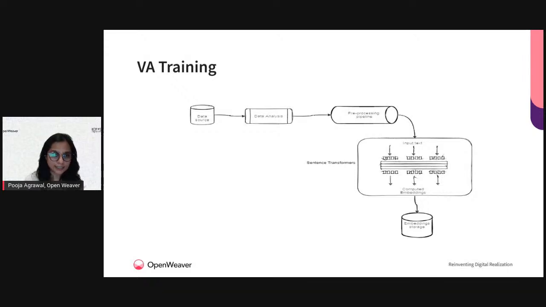We as humans understand English. However, machines don't understand high-level language. They can only understand the lower-level language, which is your zeros and ones, your mathematical form. So your sentence transformer will first convert all the cleaned input text into embeddings. These are mathematical embeddings, mathematical codes in the form of zeros and ones, which are the mapping for your English text. These mathematical mappings or embeddings are then stored into this embeddings storage here. So with all these four or five steps, you complete your training part of the virtual agent.